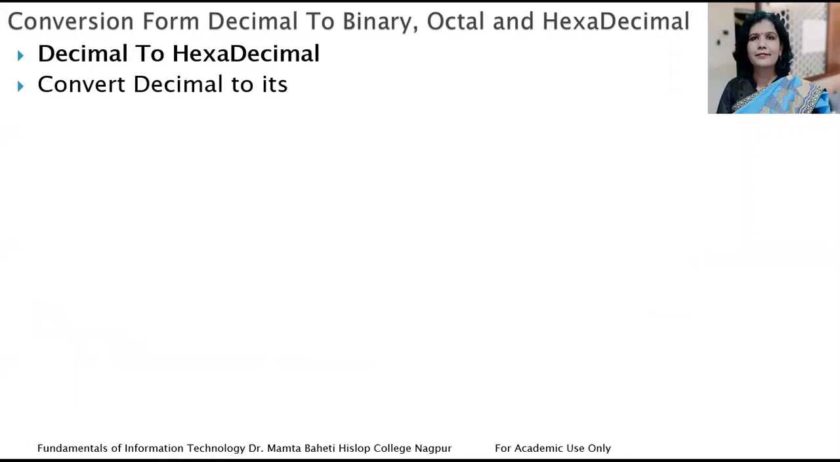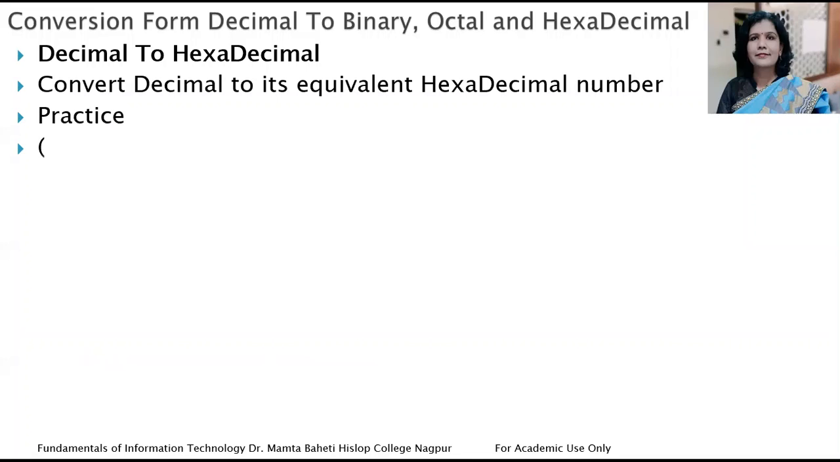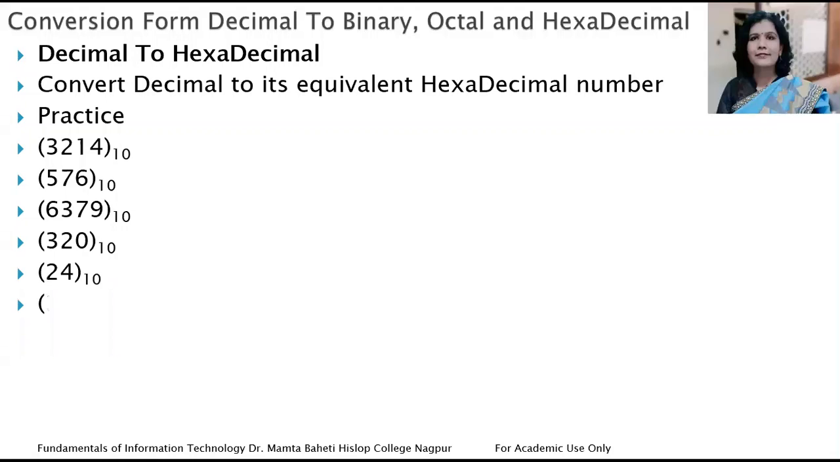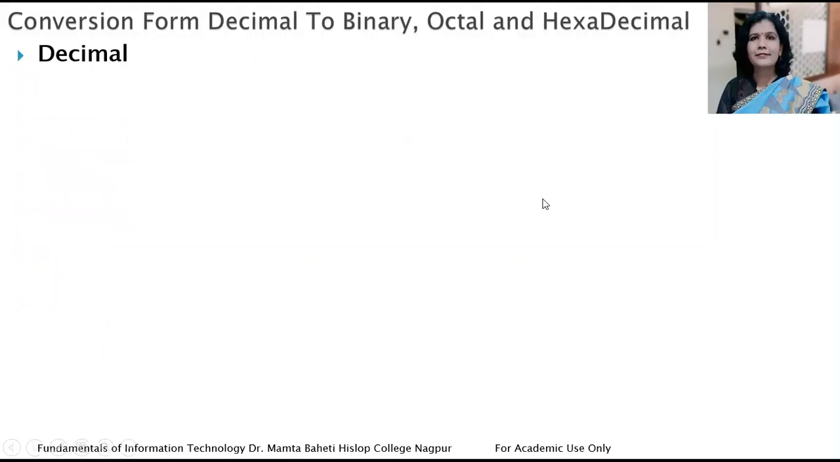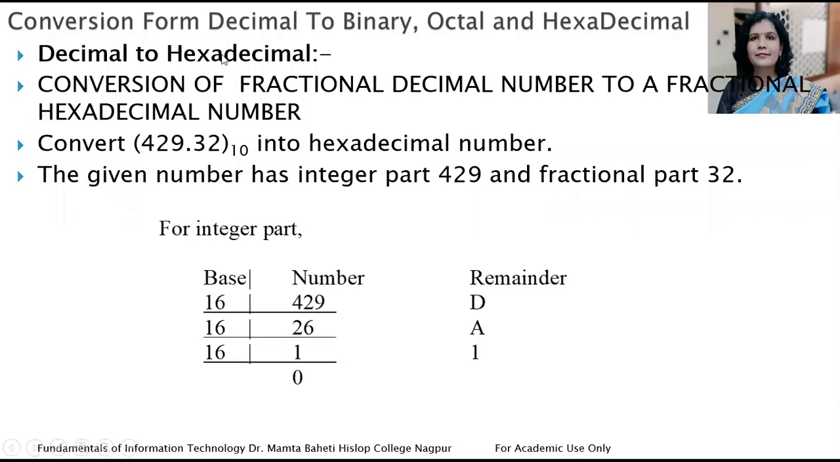Now, there are some practice questions for you. You can work on it, convert these decimal numbers into its equivalent hexadecimal numbers. Now, how to convert the fractional decimal number to fractional hexadecimal numbers? Okay. So, integer part we have seen. Suppose this is 429.32. So, we are dividing it by 16. So, 429, 16, 429s